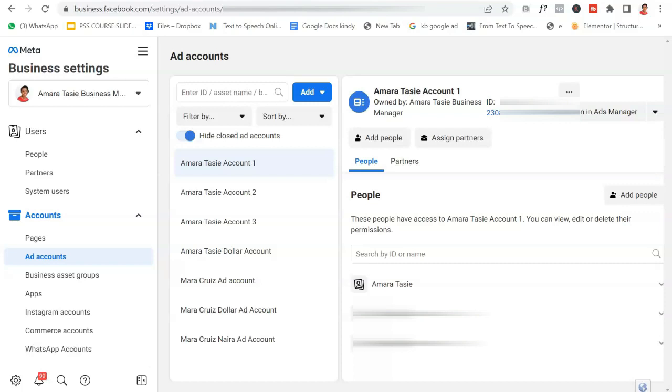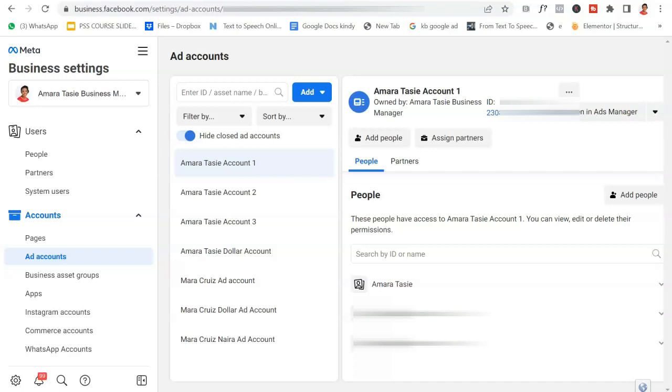So every time you run ads, at the end of the day, they will debit it. So when your money is exhausted, your ads will stop running till you load your wallet again. So if you've been having issues with payments, then you need to actually create a new ad account and have that one on prepaid. All right, so now that you understand why you need to create a new ad account, or why you do not need to create a new ad account if you actually have a functional account,